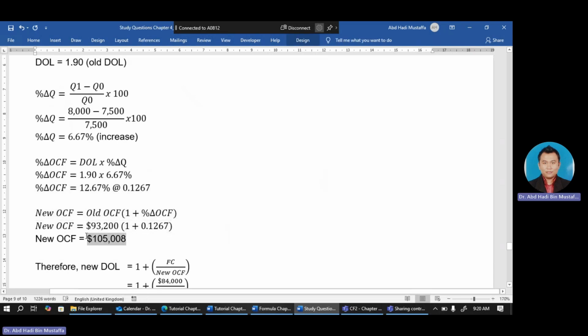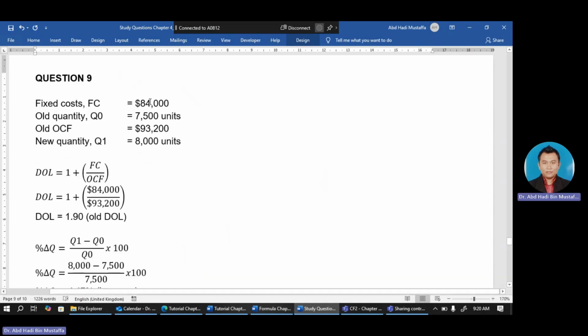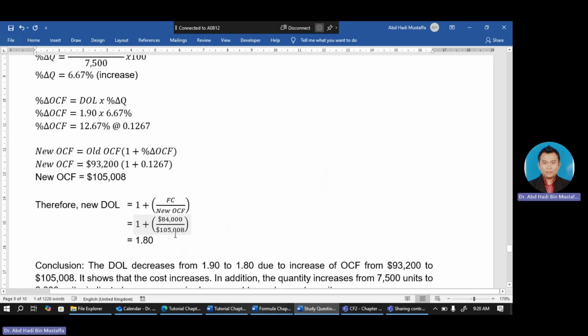0.127, so you get the new OCF. And lastly, the new DOL formula is fixed cost divided by new OCF. Since this is new, it means the OCF is also new. So, 84,000. Cost has no change. Fixed cost, there is no change. Same. Regardless of any output, 7,500 or 8,000, fixed cost is still the same. Since it's called fixed, right? Fixed cost. So, and then you get